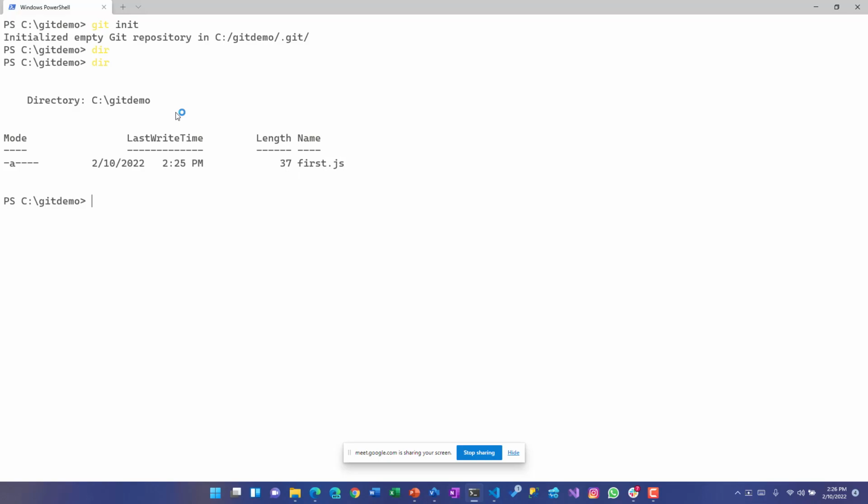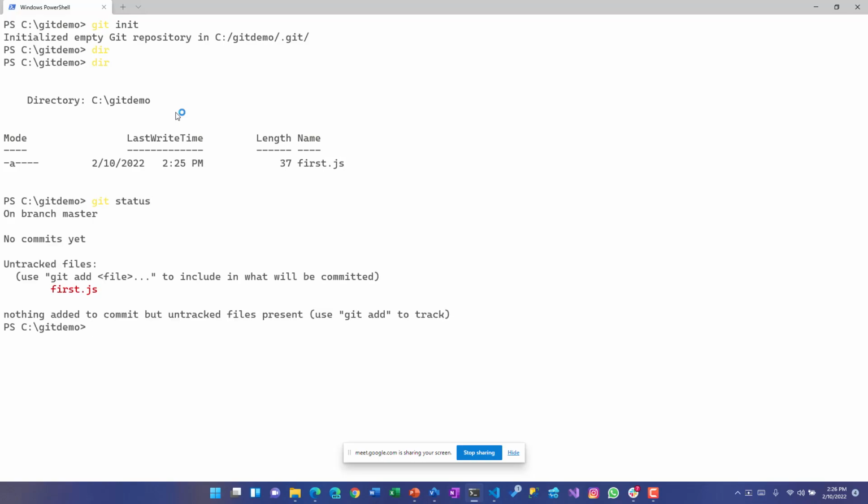There is one very important command, and I use it 90% of the cases, even for assistance requests or anything, in order to see where we are right now, and that is git status. I'll just do a git status. It lets me know, hey, I'm on branch master, no commits yet. There is an untracked file. Untracked files are always represented by red color. There's first.js. What I need to do is say git add first.js, or you use star or dot or whatever. I just add it.